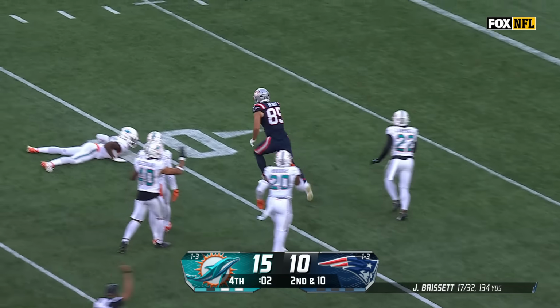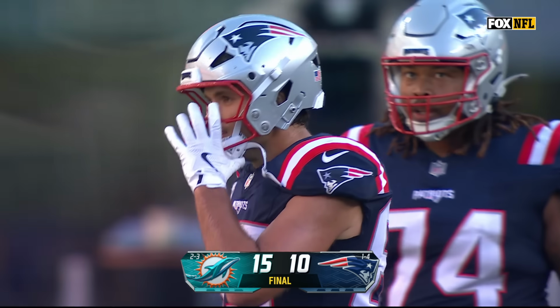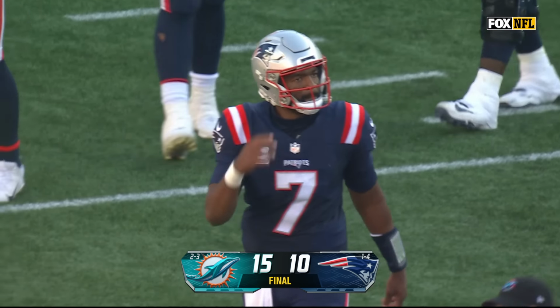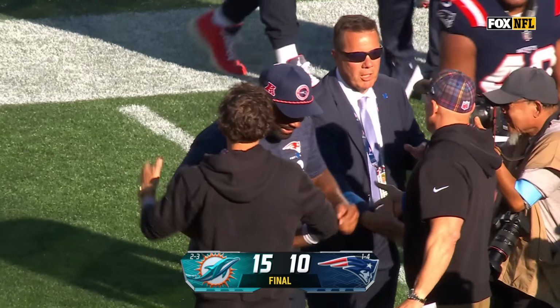The clock running and the clock has run out. This is the end of the game. And you got to credit Miami. They baited him into that throw down the field. What did we say right before that? It's got to be in the end zone or